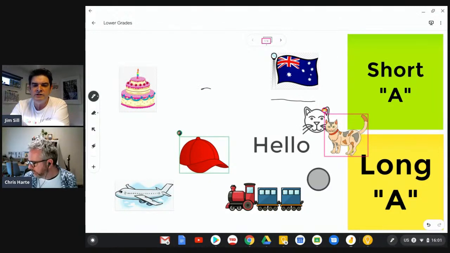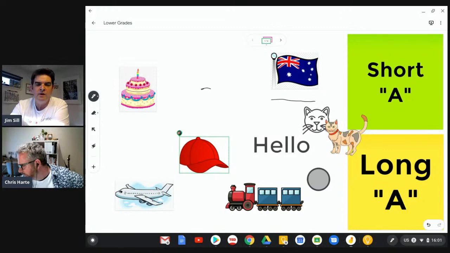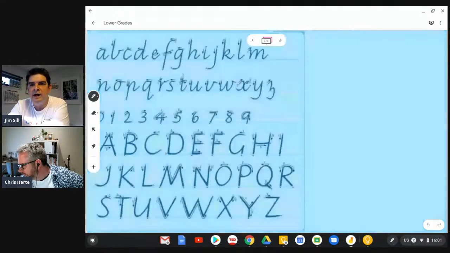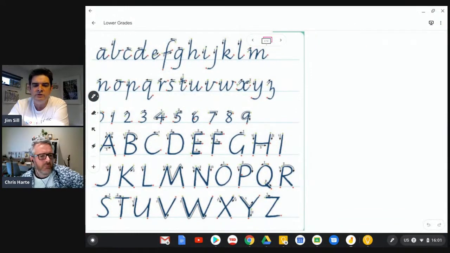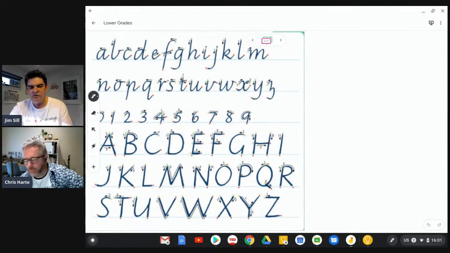And then in addition to that, Chris, what I love about this Jamboard is that you can actually add multiple frames. So if you could just move over to the next frame, and you can practice your lettering, so just being able to go into here and getting kids either using the app that Chris is using or using the trackpad, which I think is not as easy, but that's my version of a B coming up here,